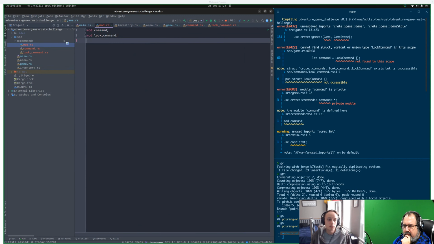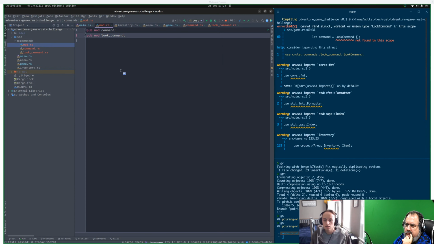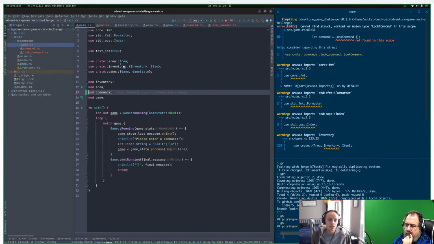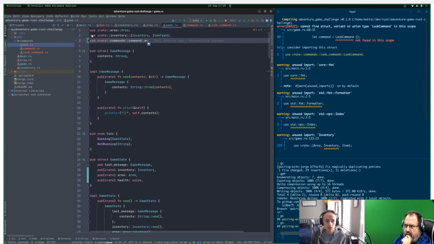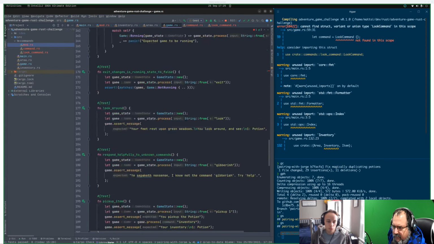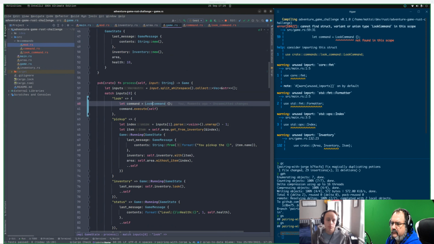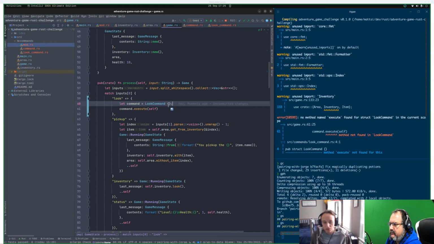Oh, module is private, so do we need to do pub mod command here? And provide pub mod for the look command as well. Yeah. So kind of, or is it? Wait, it starts even earlier, doesn't it? So this one. So once we're in here, okay, yeah, it's no longer complaining. So if we get rid of that, then now it should be able to import for us. There's the error. Import. Cool. Command execute not found in look command. Okay, how's that?